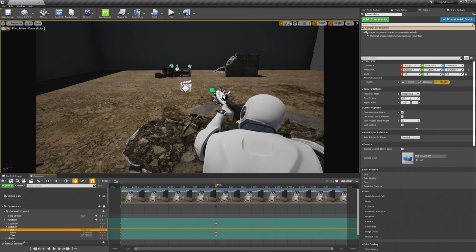So if you're sure you want to set the roll, the pitch and the yaw at this exact position, you can click on the keyframe for the rotation again, and then this issue would be fixed.